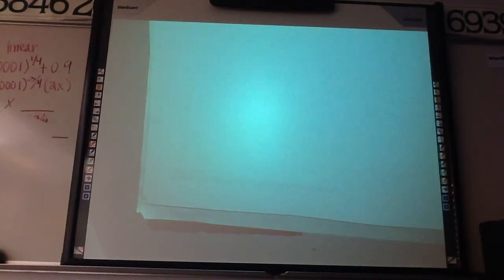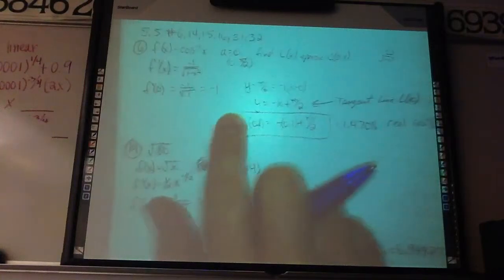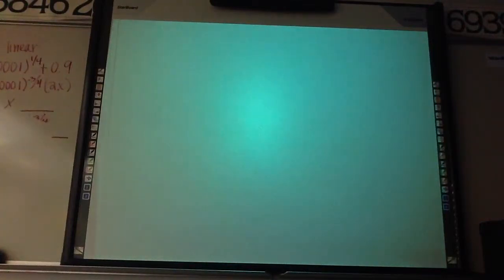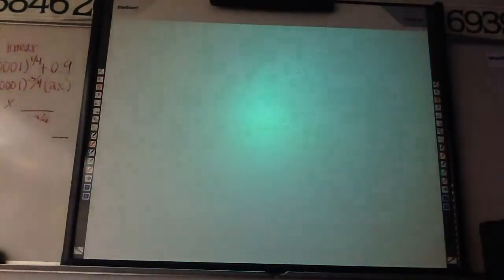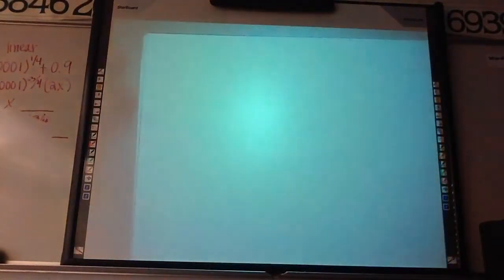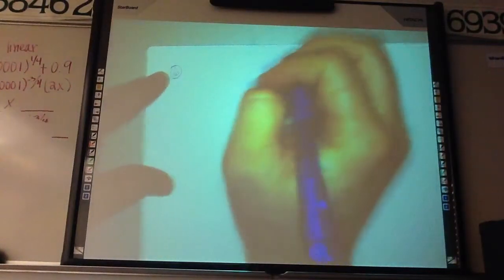Is next the differential one? Yes, number 6. Should be both ways though. I don't even know where to start. Which one? Number 6. Number 6 is just, it's not the differential stuff yet. Tangent line, I got confused again. Number 6 is just,